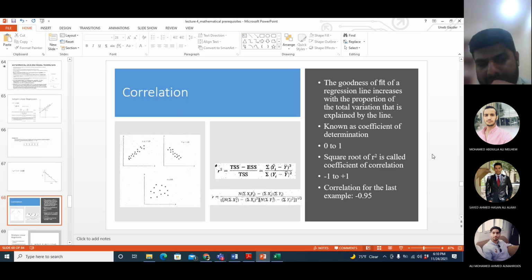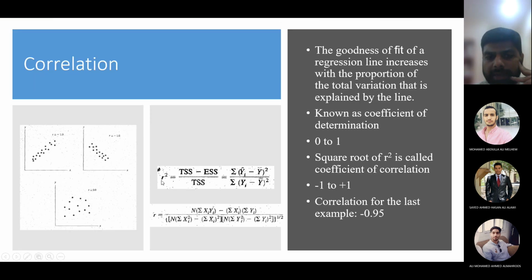Okay, so model calibration, we saw model calibration for a very simple linear model. Now how should I know that my model is giving me a good, accurate answer? How do I check the accuracy of my model? For that, we use two parameters. One of them is known as correlation, and the other one is known as coefficient of determination. You can see both the parameters on the slide here. R square is known as coefficient of determination and R is known as correlation.